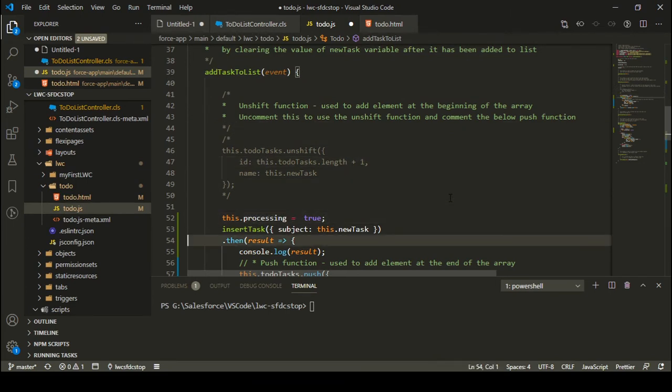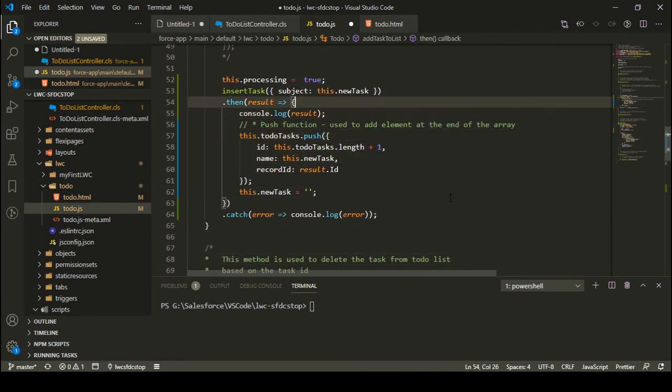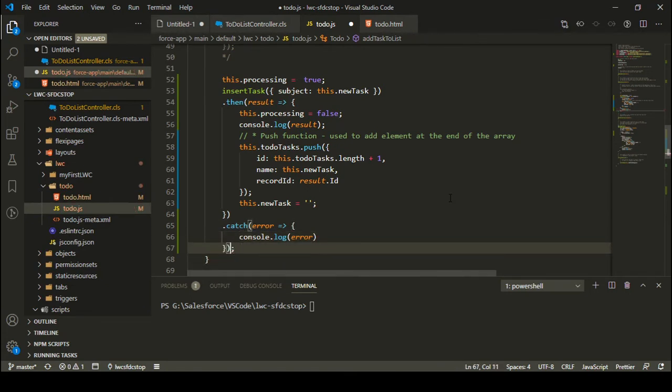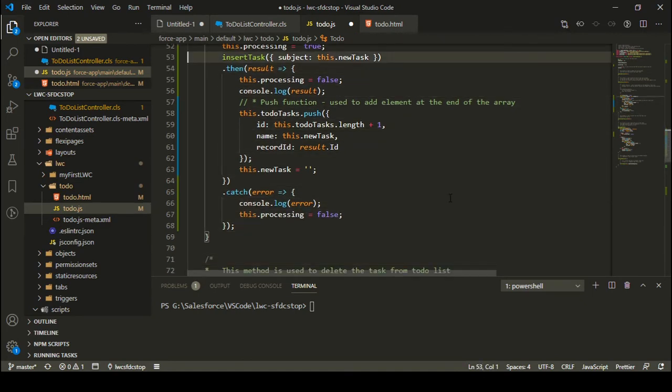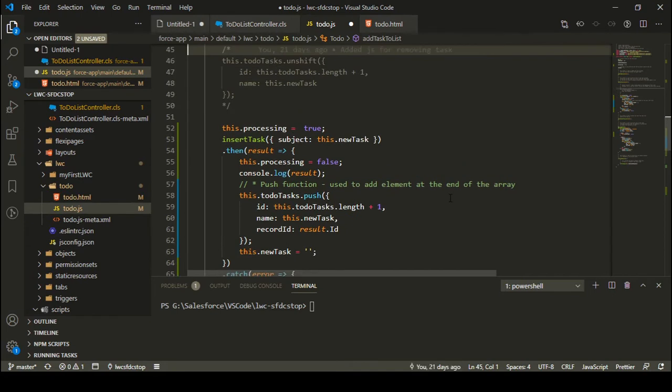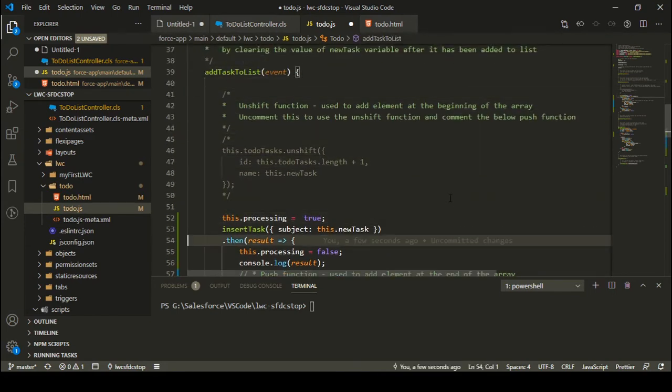I'm initializing the spinner to true again, and whenever I get a response from the server, or I get an error, I want to make this spinner false. So this.processing is equal to false, and in case I get an error as well, in that case also I should do this.processing is equal to false, right? So let's say I'm converting it into a method with multiple lines, so I can simply do it like this, and this.processing is equal to false. So in case my response is successful, I'll just make it false, and in case there is an exception, I'll make it false again. And whenever I'm clicking, this.processing is true, right?